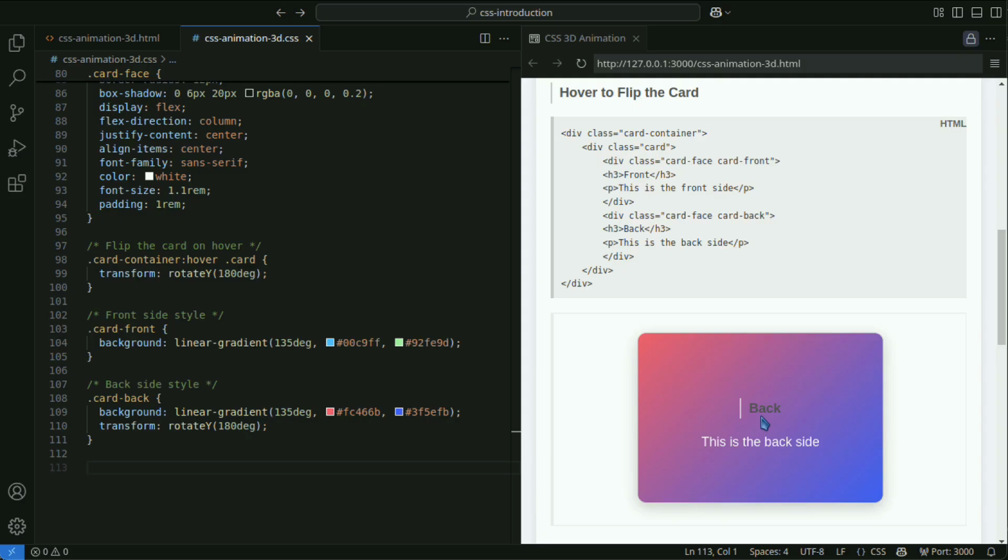Let's define a 3D animation for a cube. Each face of the cube appears while rotating, expressing the 3D effect through hover or automatic animation.